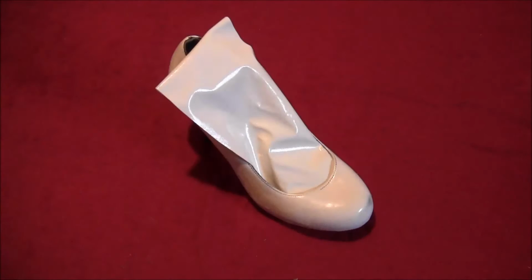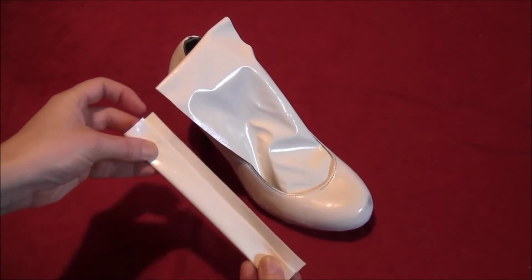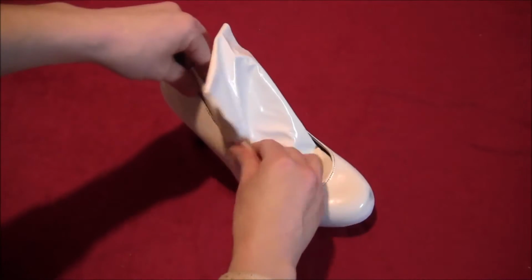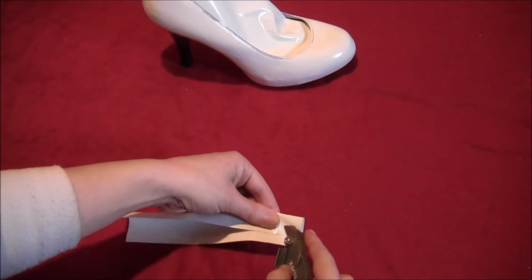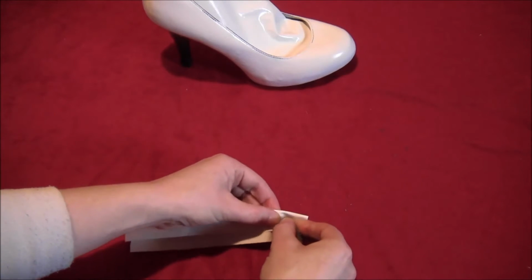So you just tuck that in there, and then take another rectangle, and again you'll fold it, leaving a little bit of a lip, and just measure it for height. You want it to be just a little bit shorter than the tongue. And so then you'll take something sharp. I'm using an X-Acto knife. Just take something sharp and you'll poke a hole through both layers, making sure that you have it folded with